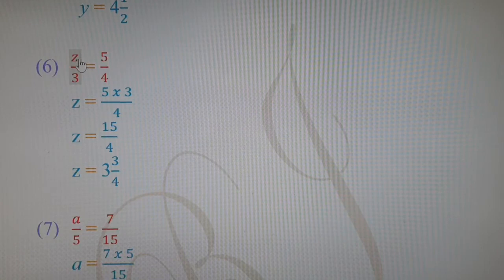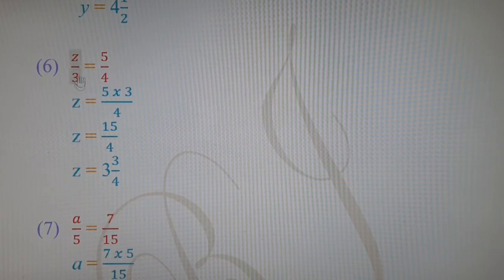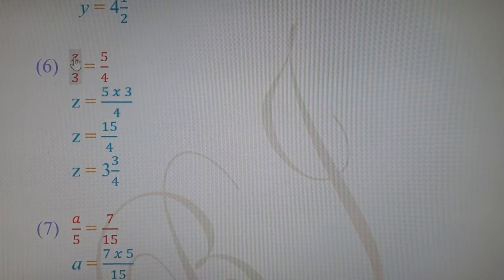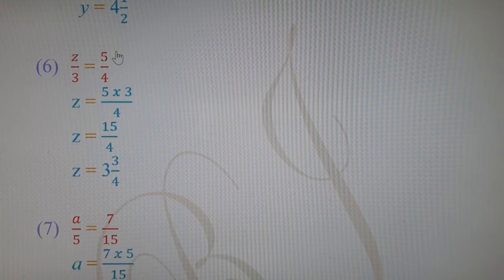be found. Z is the alphabet, or z is known as the variable. So z will be kept alone and the neighboring number 3 is sent on the other side. So the neighboring number 3 is in the denominator. So denominator 3, when it is transferred from left hand side to right hand side, denominator 3 will go in the numerator, and divide 3 or denominator 3. Divide 3 will become multiply 3 because denominator 3 means z is divided by 3. So divide 3 will become multiply 3 and the number from the denominator will move to the numerator.